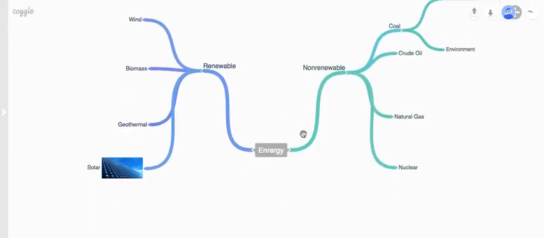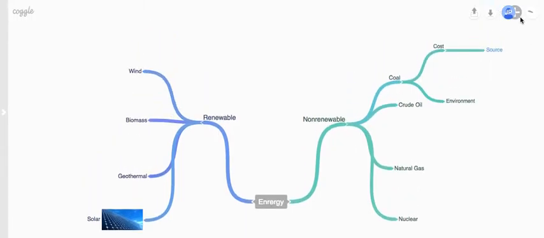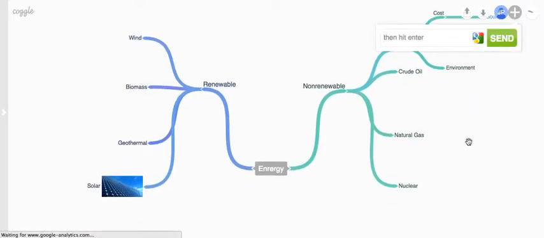Alright, now another cool thing about Coggle, those are the basics, that's how you get it going, is that if you go up here to this add button, I can invite somebody and they can come in and work on this and help me brainstorm. So this is very useful if you're collaborating with somebody in working on a paper together, or you're maybe sharing a similar content area and you want to brainstorm with each other and think up some ideas that you could use in your paper. This is an excellent website because I could go ahead and I could add a friend, and then they could get on at the same time as me. We could work on it in real time,